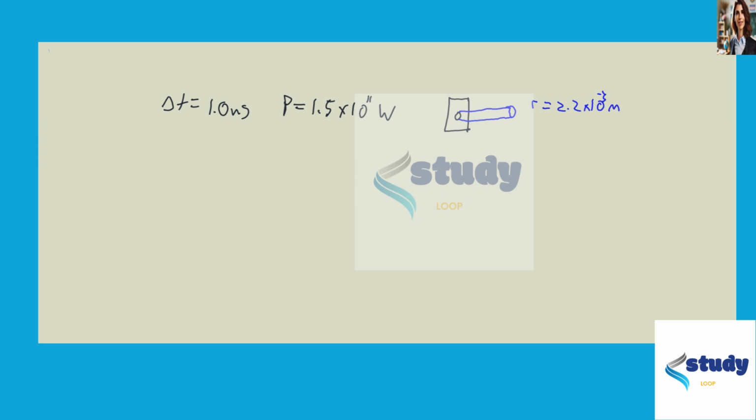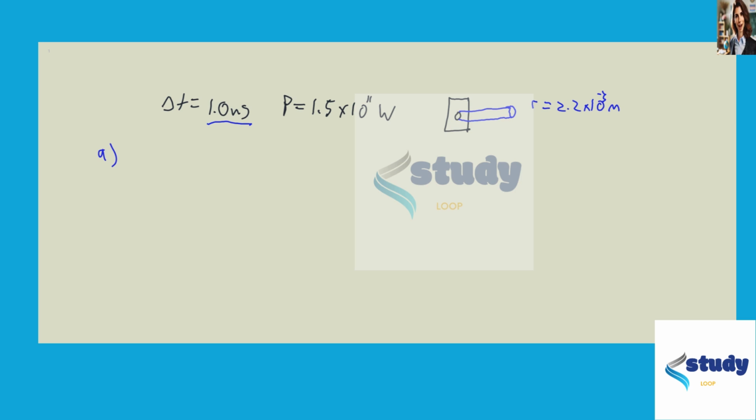And the question wants us to find first the energy that is delivered in each pulse, and each pulse is 1 nanosecond. And then for part B, we want to find the RMS value of the electric field. So for part A,